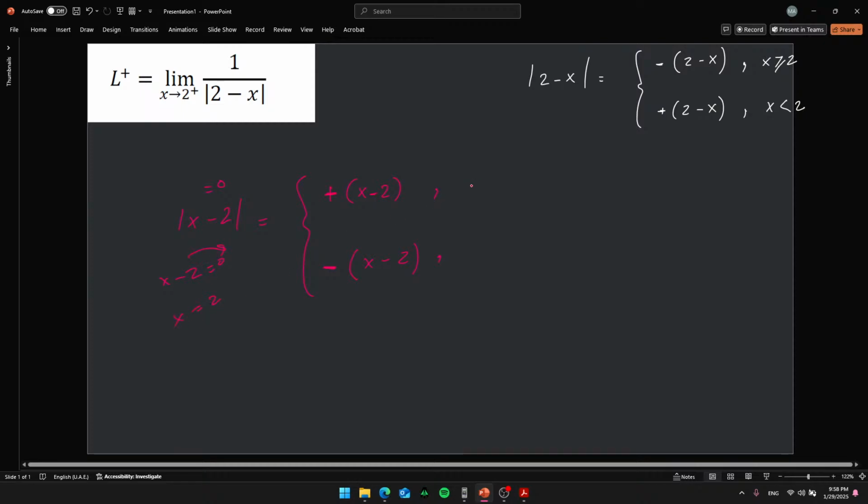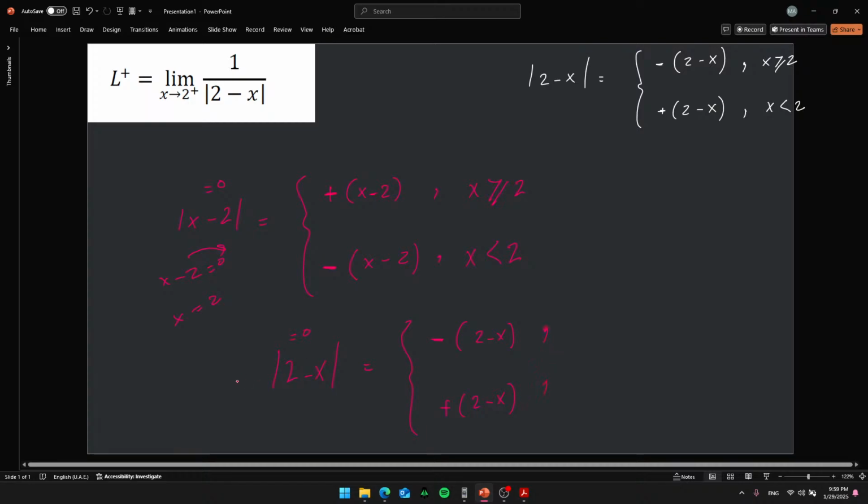Okay, so this one is x greater than or equal to 2, and this one is x less than 2. Now if you have 2 minus x, as in our example, you would rewrite this as the sign of x is negative, so you will multiply by negative 2 minus x, and flip the sign and multiply by 2 minus x. Now for the domain,